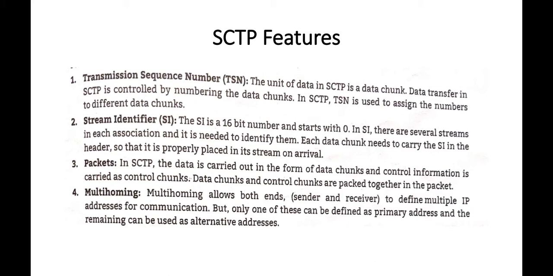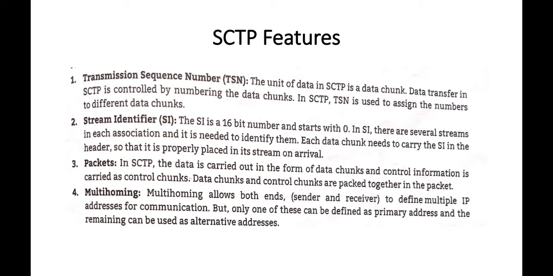Suppose a client and server communicate with each other. The client has two networks, local area networks. In the first network they use IP1, in the second network IP2. Similarly, on the server side we use two IP addresses, IP3 and IP4. Suppose in normal communication the client communicates with the server via IP1 to IP3, but there is a problem on that network. Some fault or failure occurs, then it does not need to wait for that situation. So it selects the alternative option, meaning the alternative network that contains another IP address.